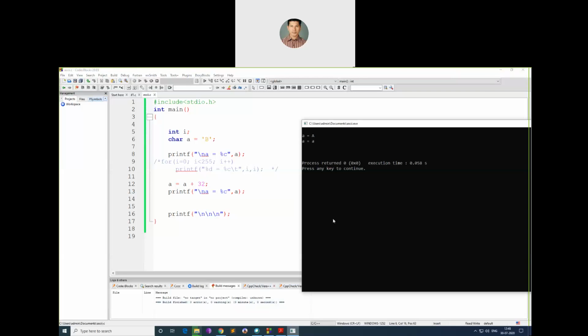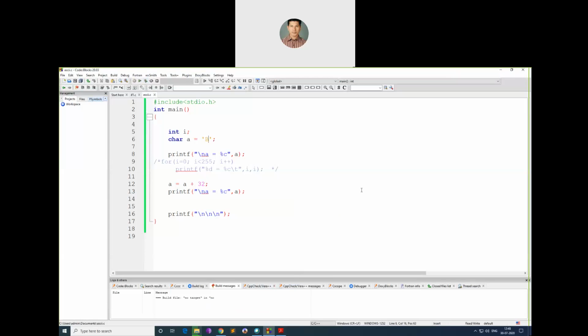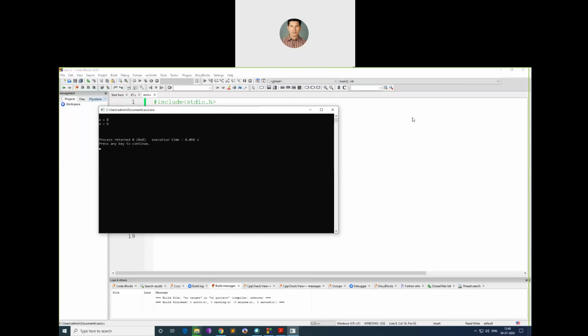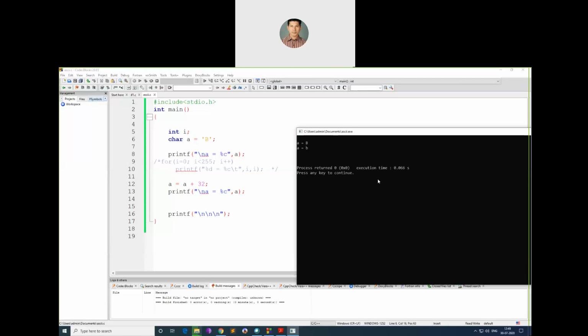It will become small b, lowercase b. See this? Understood? Earlier I used to lower, not is lower, to lower. So I was converting my alphabet letter to lowercase.